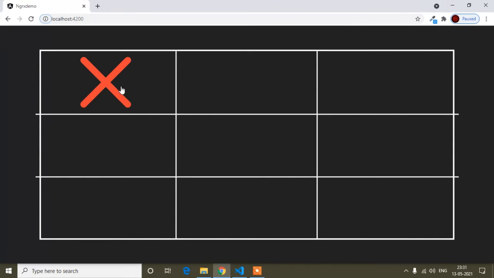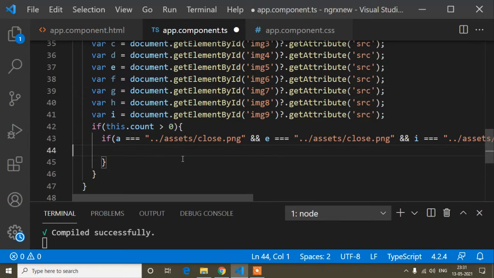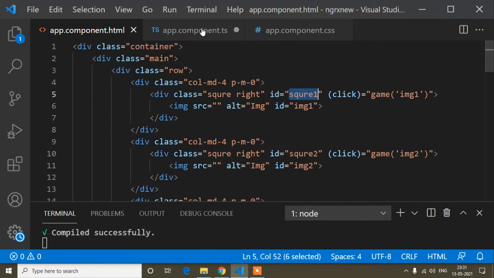And so here every box has the class square, and every square has a unique ID, that is square 1, square 2, square 3, square 4, square 5, square 6, 7, 8, 9. So that means square 1, square 5 and square 9. So this will be added the blink class. So here I will write document dot getElementById, and the ID, I will copy square 1.